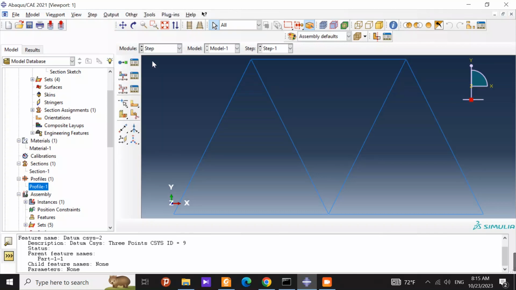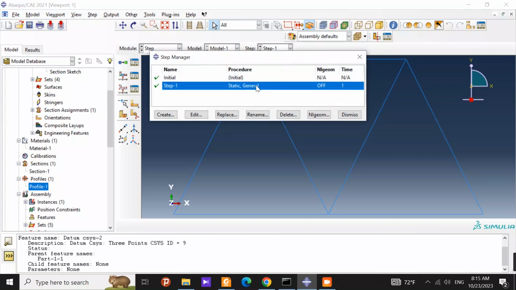Then I have created a step here, and each step represents a phase of your simulation. And for thermal deformation, I have set up a step to introduce temperature changes and observe their effects. The type of my step is static general,